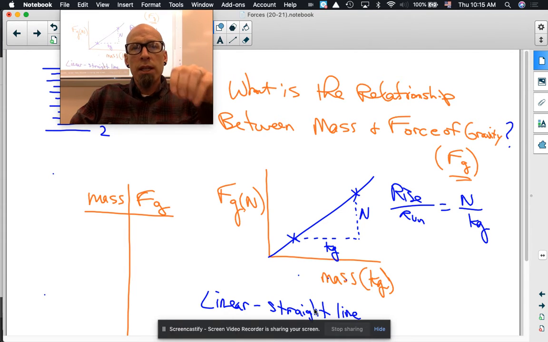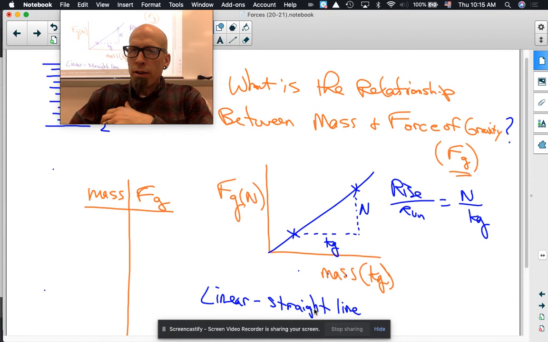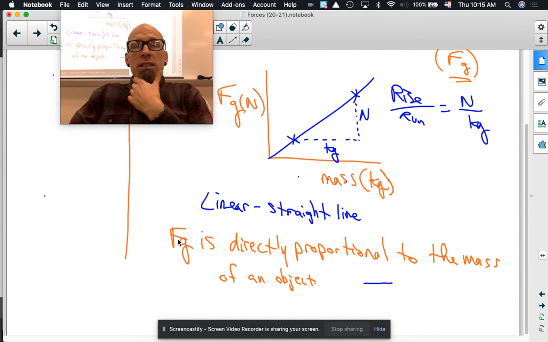Yes, we would call this a linear graph because it's a straight line, but what kind of relationship is that? I don't know if you remember, because we had talked about this several times in the past, but I'm assuming you probably have forgotten that there is a 2-word relationship that this is showing. It's 2 words. I'll scroll down here. It's telling us that the force of gravity is directly proportional to the mass of an